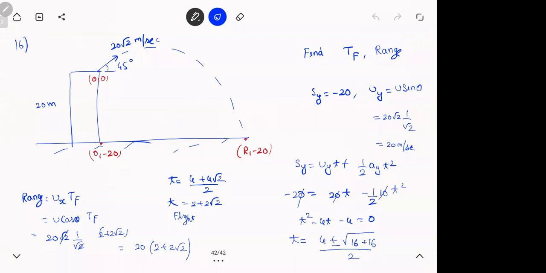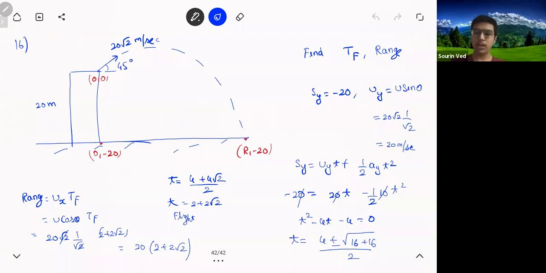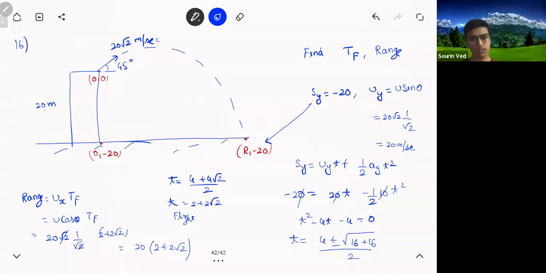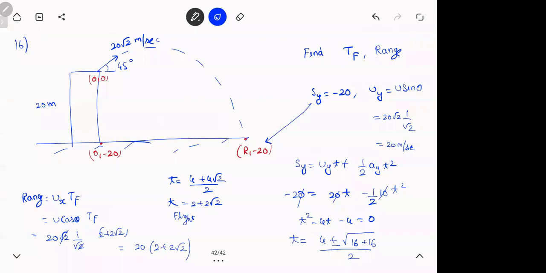Check it out. Sir, we need to take these coordinates. Then only we'll get them. No, it's nothing like that. I'm just showing you. Y coordinate is minus 20. This was SY. That is just to show you, since you're going down, SY is negative. Nothing much, but the minus sign is important. Are you clear? All clear with this thing?